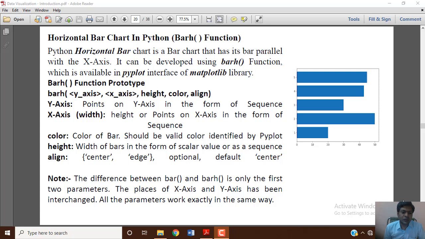So we saw the plot function parameters, and over there x-axis is optional and all other parameters are also optional, but y-axis must be there. If you provide only one data set, that one is treated as the y-axis, and if you provide two data sets as parameters of the plot function, then the first one is the x-axis and the second one is the y-axis.